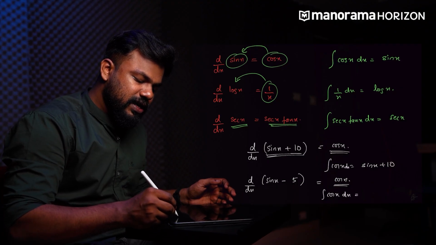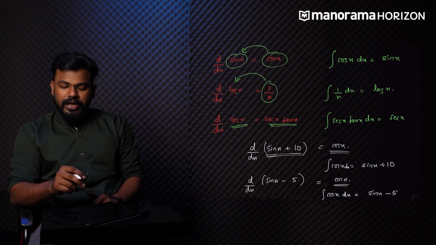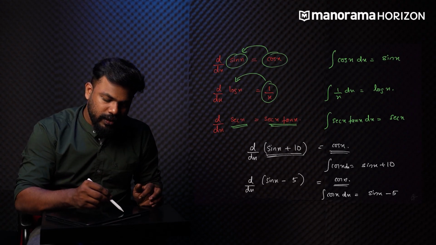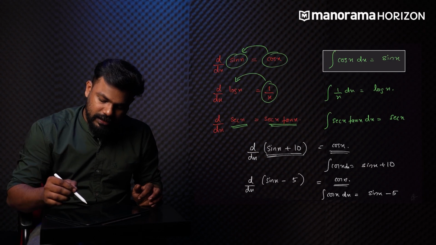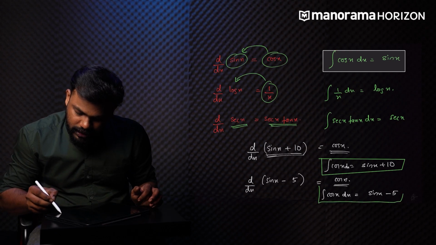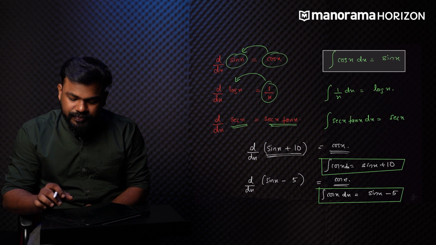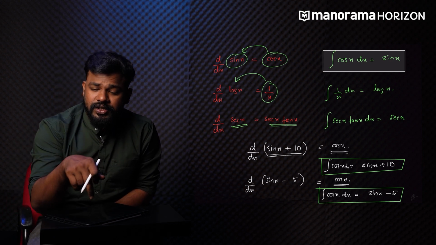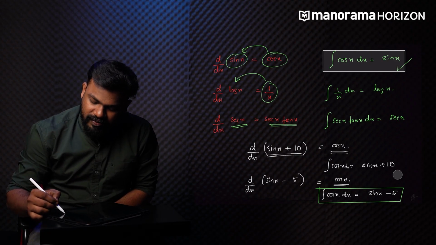So integral cos x dx is what? Sin x minus 5. You can see integral cos x three times on this screen. One over here, and the other two, another one over here, and another one over here. So three times I have written cos x dx. The first time it gives sin x, and now you have sin x plus 10,